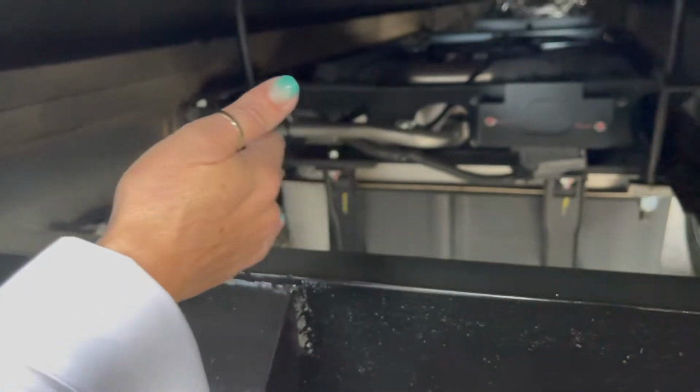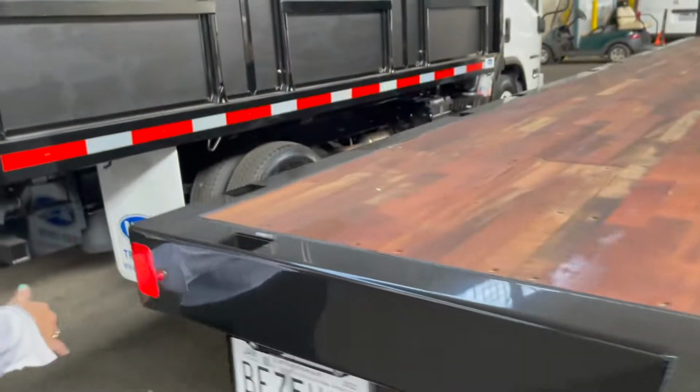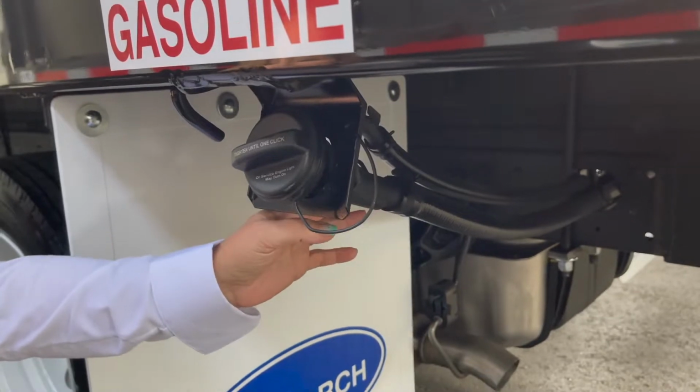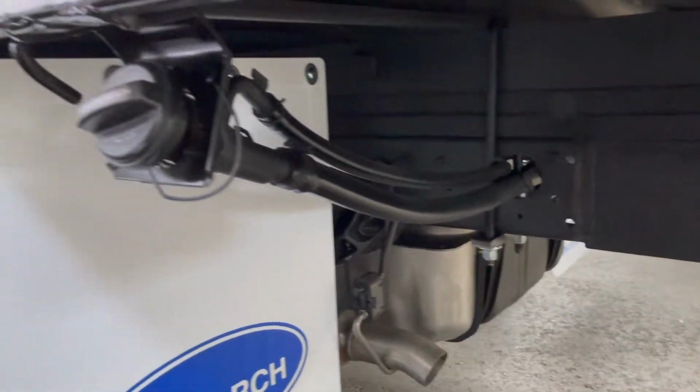The fuel line is going through the frame, protecting it, and coming out on this side here, where there's a fuel line that's given to the body companies, and so this is less opportunities for it to get kinked and have a problem. I also want to mention that in this particular truck, we noticed that we have a receiver